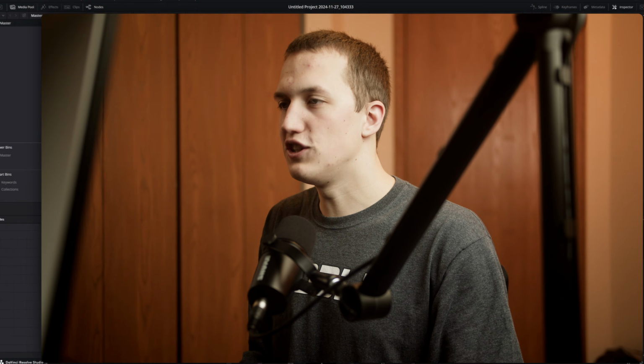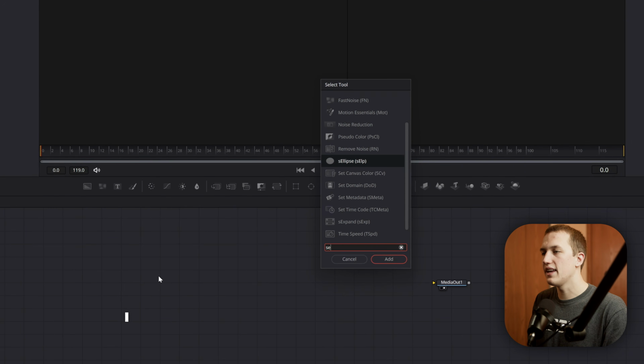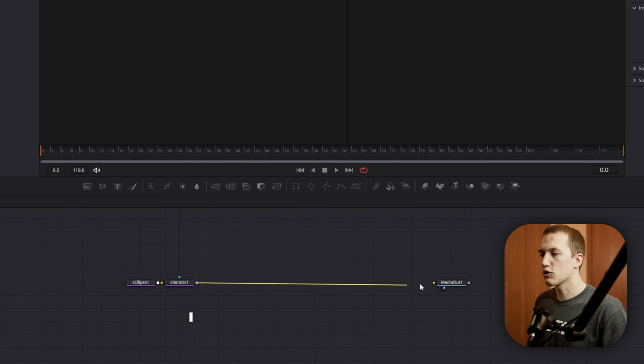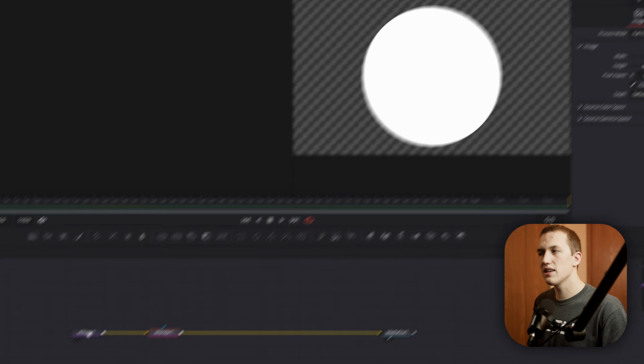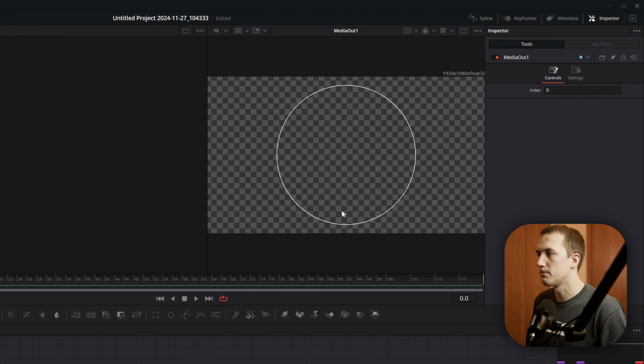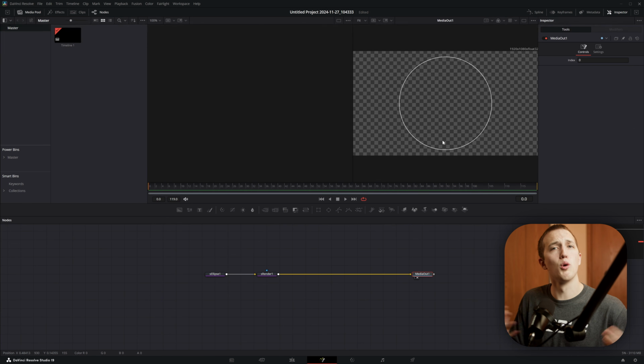In Fusion, using the Shift Space keyboard shortcut, we're going to add in an sEllipse and then an sRender node right after that. I'm going to connect our sRender into the MediaOut, and inside the ellipse, we do not want this to be solid, and we want to give this a nice thin border. For most circle elements, you want to have all or most of the circle visible. For this one, we're not going to modify it at all,